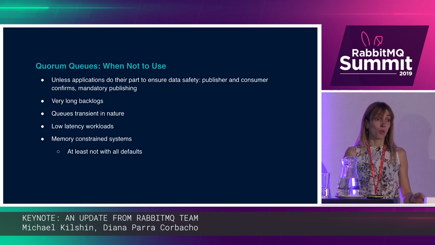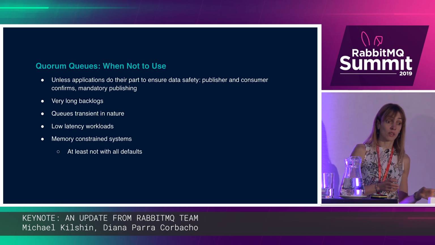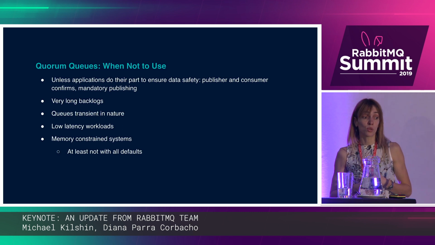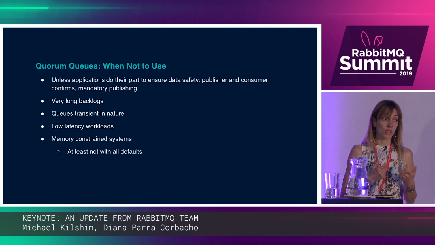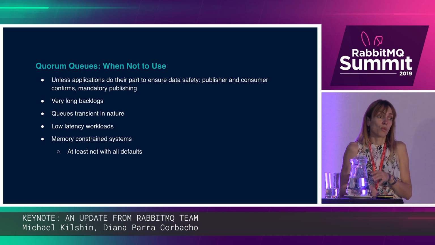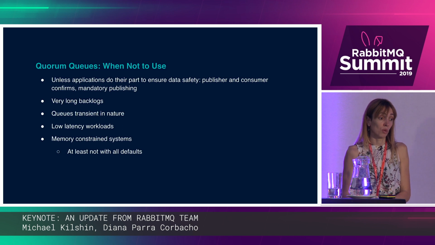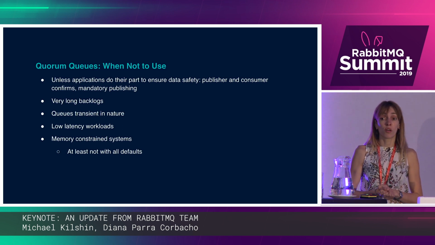The reason we offer these consistency guarantees is that you need your applications to do their part. You want your applications to use publisher and consumer confirms and mandatory publishing. If they don't do that, there is no real reason to use quorum queues, as we cannot offer all the guarantees that we want. Quorum queues are also not meant to have very long backlogs or to be a long-term storage system,